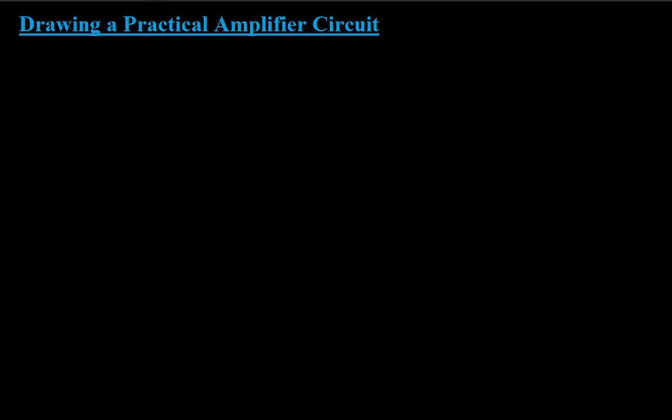Then we will modify this common emitter transistor amplifier into a negative feedback amplifier, and we will discuss how we can determine the feedback fraction also. Every common emitter transistor amplifier consists of a transistor. Usually for our practical purposes we are using BC107 as the transistor. So this is a BC107 transistor.